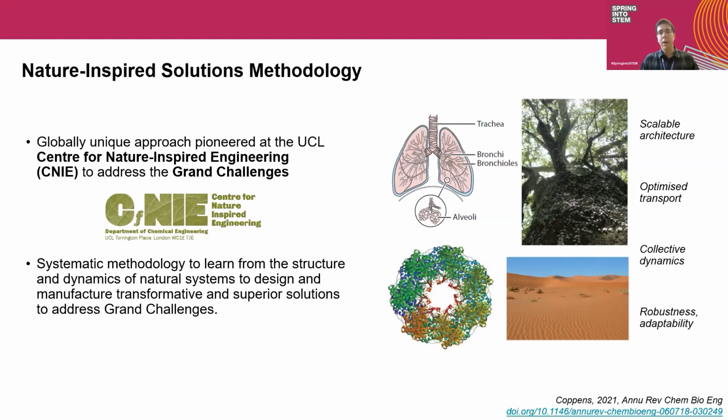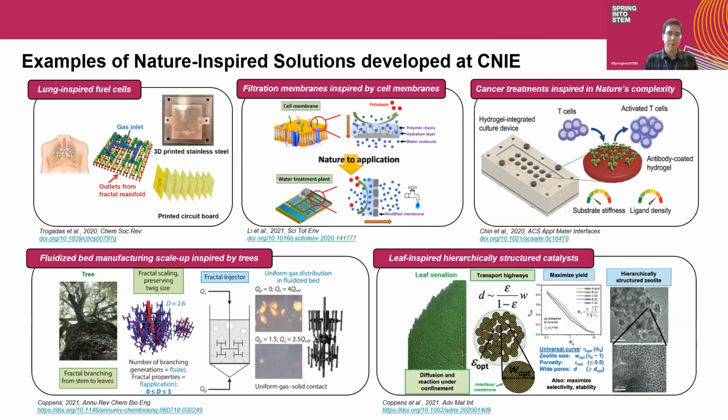We also look at the collective dynamics of natural systems, how they self-organize, and how they are able to be robust, but also be able to adapt to changes in the environment. These are all desirable properties from natural systems, and we can take inspiration from them to tackle different kinds of grand challenges. And I'm not going to go here into the details of all these different figures that you see here, but my intention with this slide is to convey the breadth of areas in which a nature-inspired solutions methodology can be useful to address